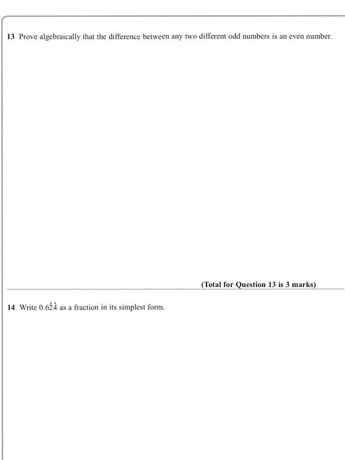Question 13. Prove algebraically that the difference between any two different odd numbers is an even number. Well, let's look at an odd number. Let's call it 2n plus 1. And let's call another odd number 2m plus 1. That would be the cleverest way of doing it. Now, if we do one take away the other, because you want to find the difference between them,